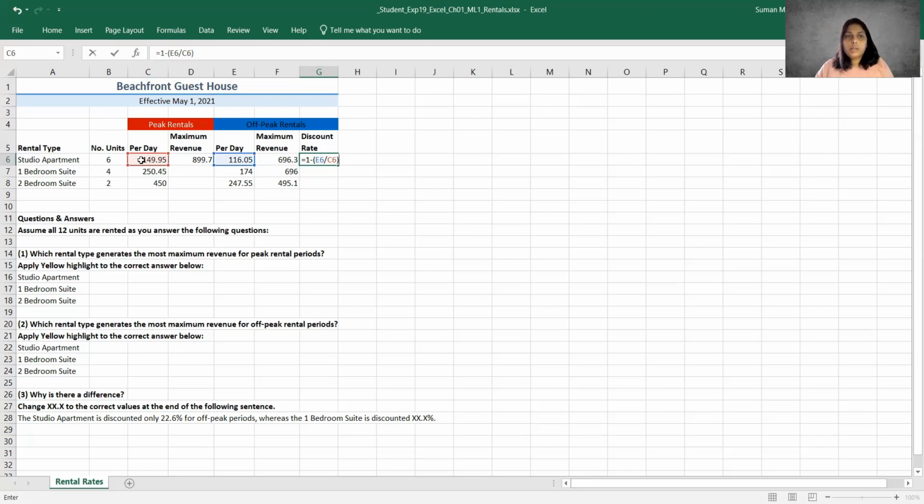That's just what this difference is here. So I'm going to press this check mark as enter. You can again press enter on your keyboard as well.